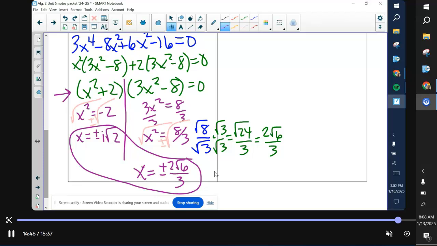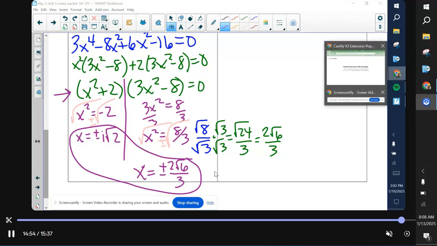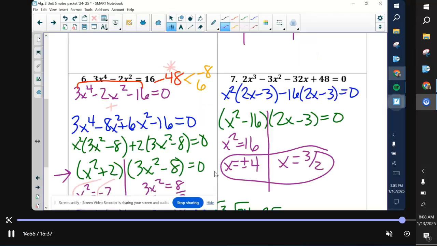When you go to do the last one, 4 terms, grouping. So hit pause, work through the last one, and come back. For the very last one, x equals plus or minus 5. It's 5. Sorry, plus or